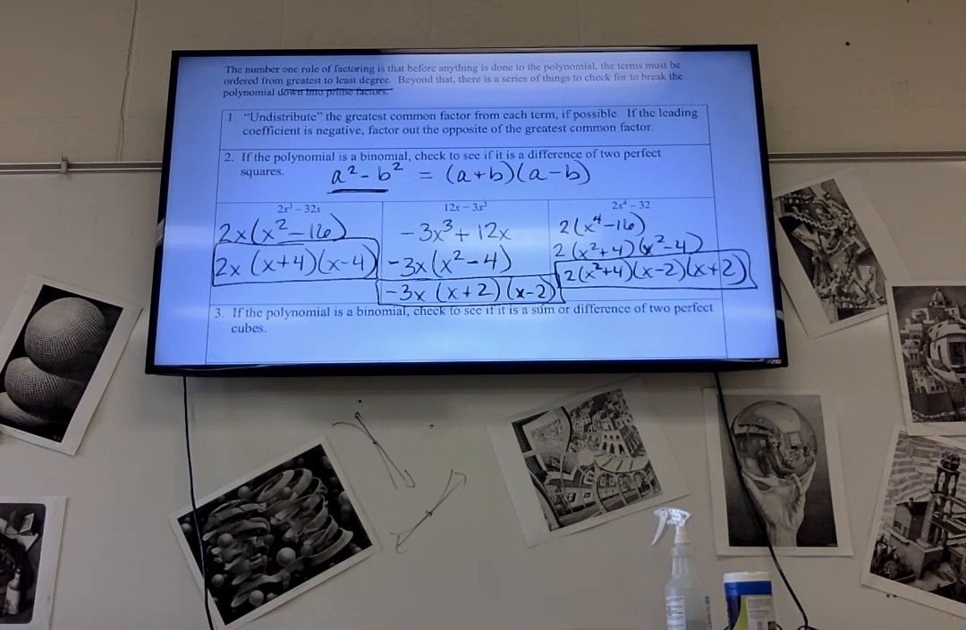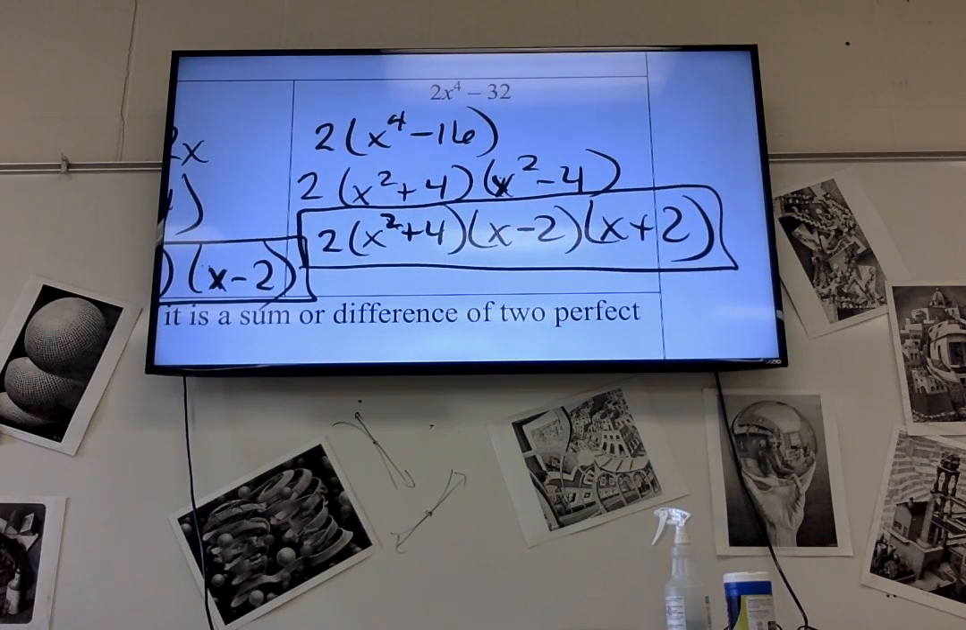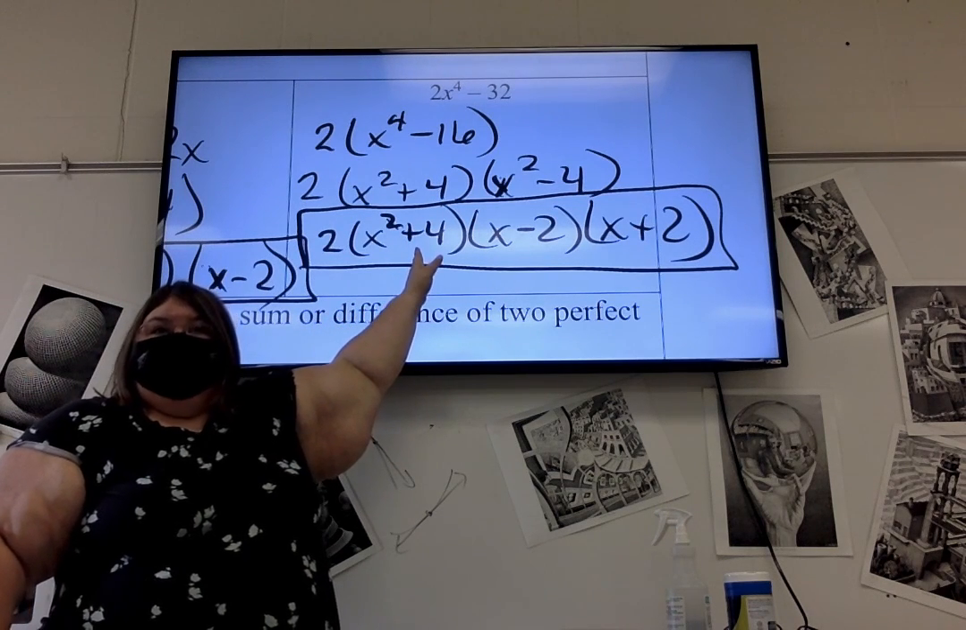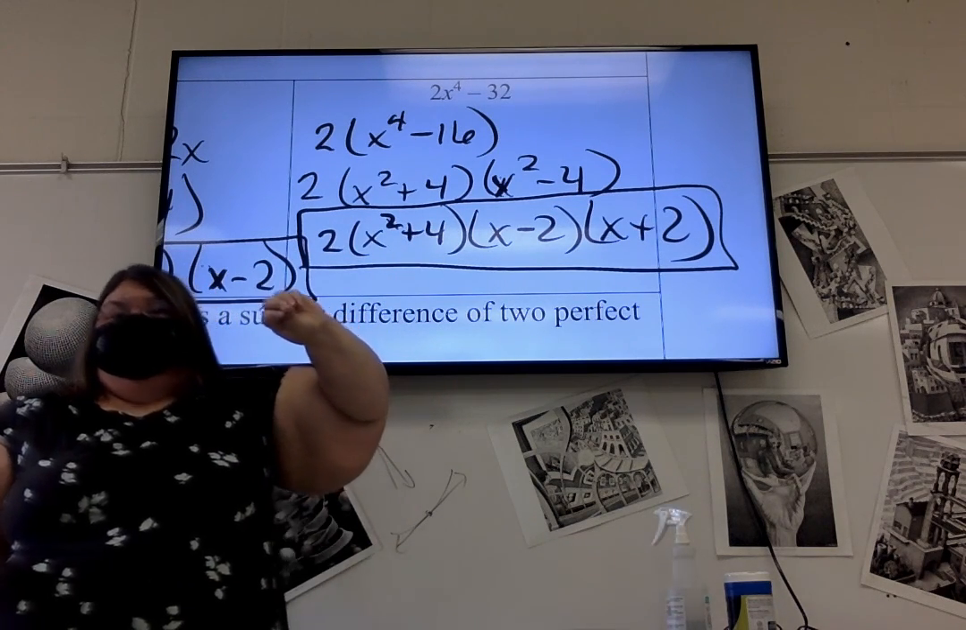And that's it. Notice we did not take the x squared plus 4 and factor it down because it is not a difference of 2 squares. It's a sum of 2 squares. And we don't have a